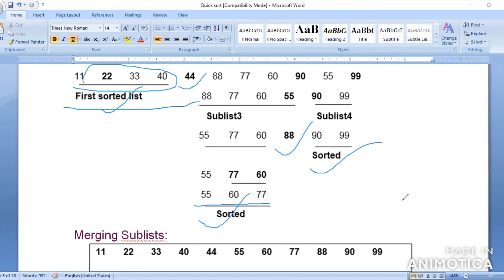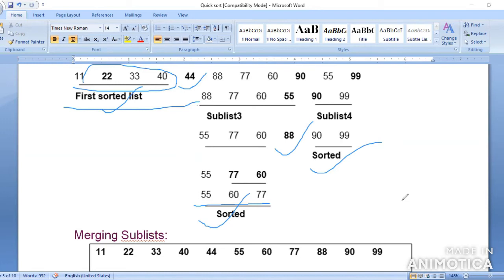Then you have to compare from the left side. If the key element on the left side is greater than the pivot element, you have to exchange the key values. Similarly, based on the first step and second step, you have to compare values, one from the left side and another from the right side. So for the pivot element, the left side is less than the value and the right side is greater. Once the first process is completed, you can choose the next key value as the pivot element.